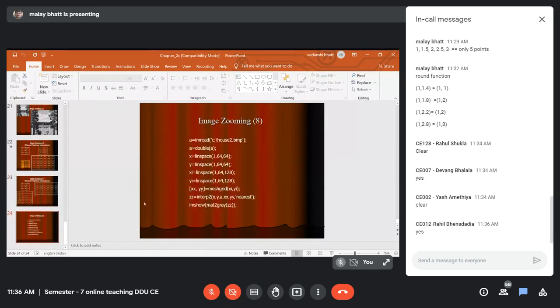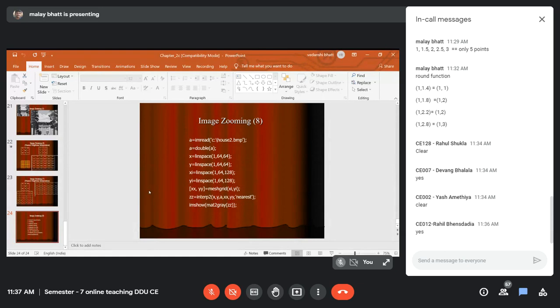The same thing can be achieved in MATLAB, and we also have similar functions in Octave. As you can see here, it is a MATLAB code. We have the image of a house. We are using a linear spacing.